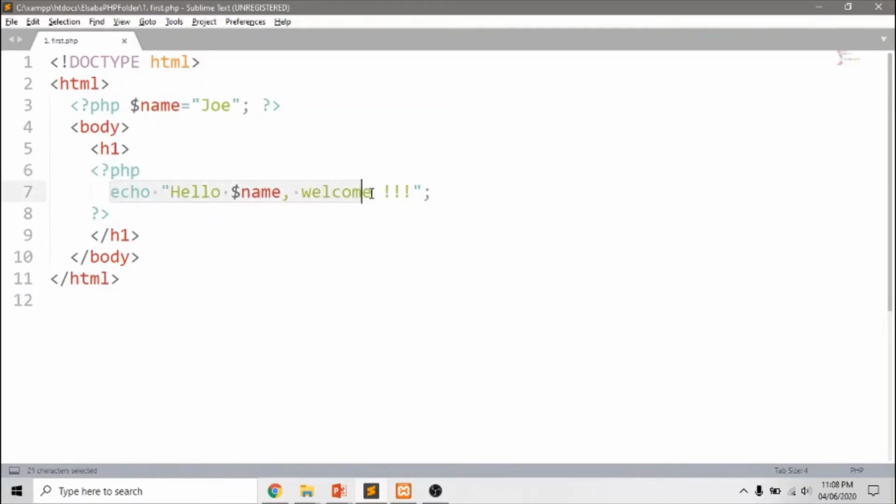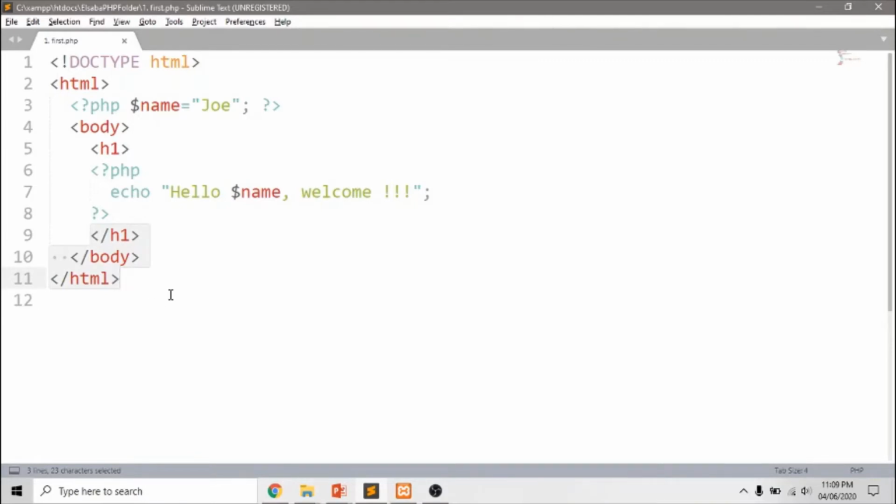So here is an output. The echo statement is a way to output the data to the HTML file. Echo is similar to the print statement. In PHP we have three output modes: echo, print and printf. So with echo, within quotes I will be sending an output: hello $name welcome. What happens here is this $name will be replaced with the name Joe, and that will be displayed in the browser. Again at the end of the script it will switch back to copy mode, and it will just copy the remaining things to the output file.